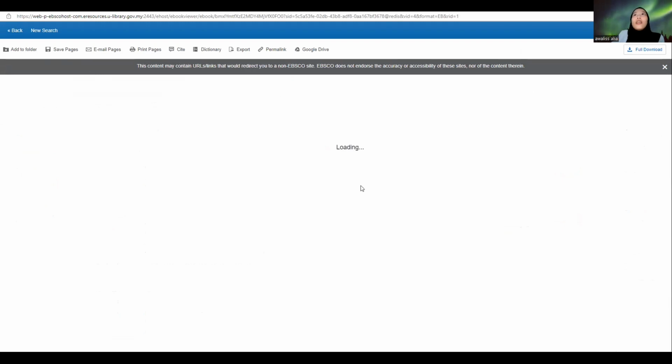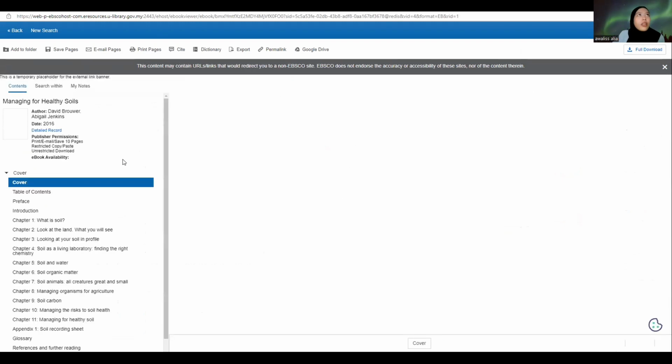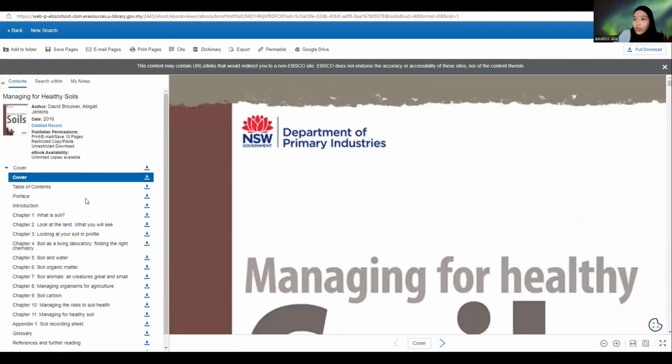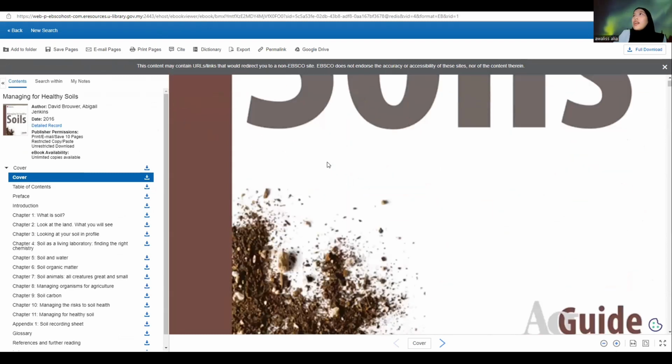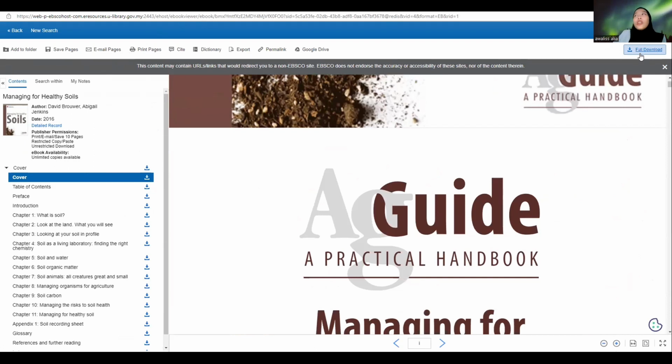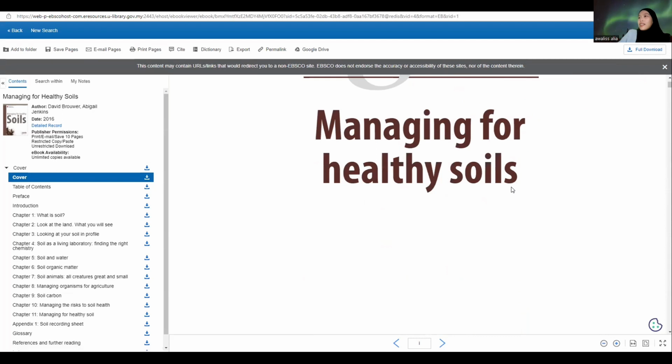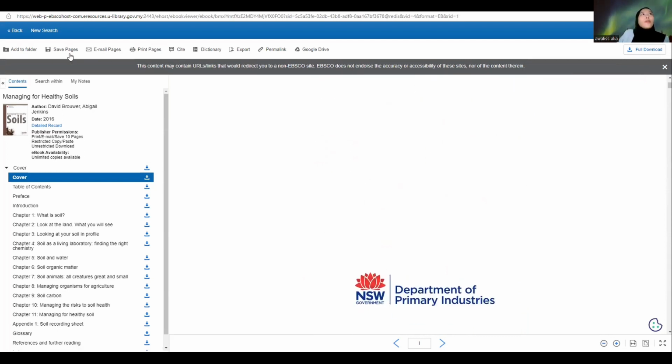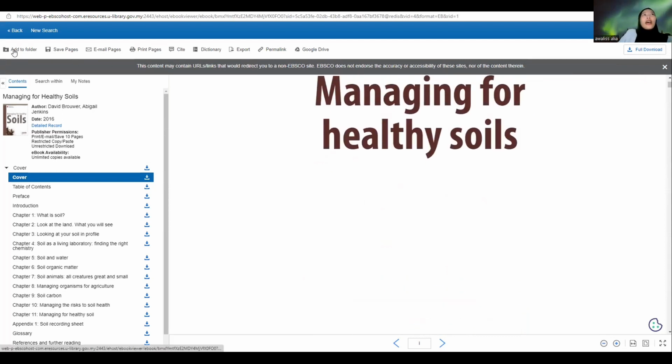Okay, it's loading a bit. Okay, for the ebook, you can download chapter by chapter. So you can have full download here. You can also click print pages for the database that you wanted to search for. And then you can also cite, this is the ebook link. And then you can add to folder,